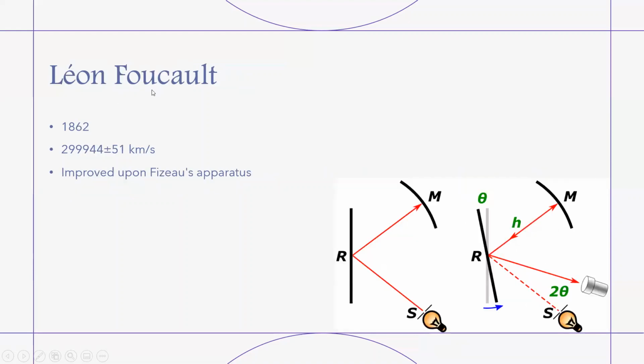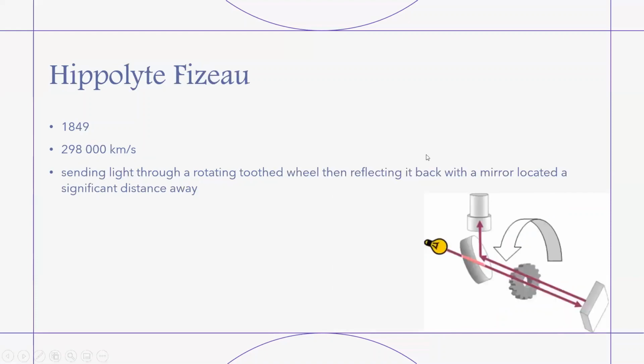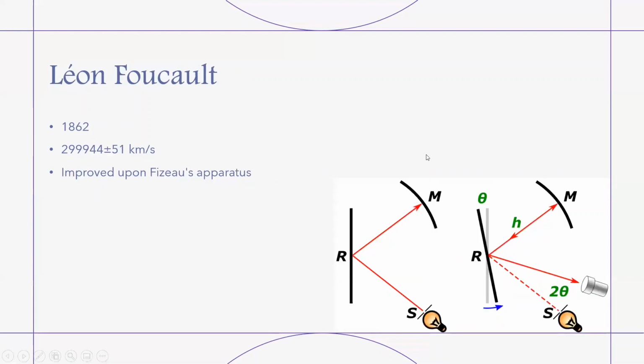Leon Foucault then improved upon this, and you can see how close his timing was. We're now seeing some error of plus or minus 51 kilometers per second, which is pretty impressive when you think of the magnitude of the speed of light. Then 13 years later, Foucault did this experiment whereby he looked at the change in angle, a similar approach to what we just saw over here. But this change in angle was what gave him the ability to improve on Fizeau's